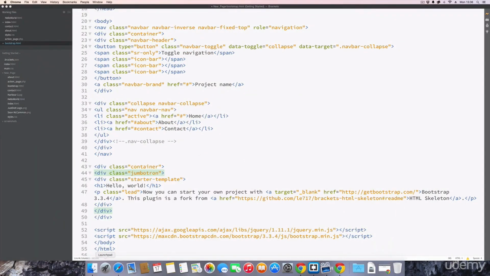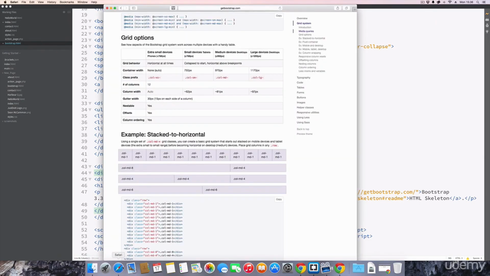Now let's just quickly take a look at this page, getbootstrap.com. This is where you would get Bootstrap from if you're going to download it, but it's also where all the information about Bootstrap is held. I wanted to bring you to this page very quickly because you can see here, first of all,